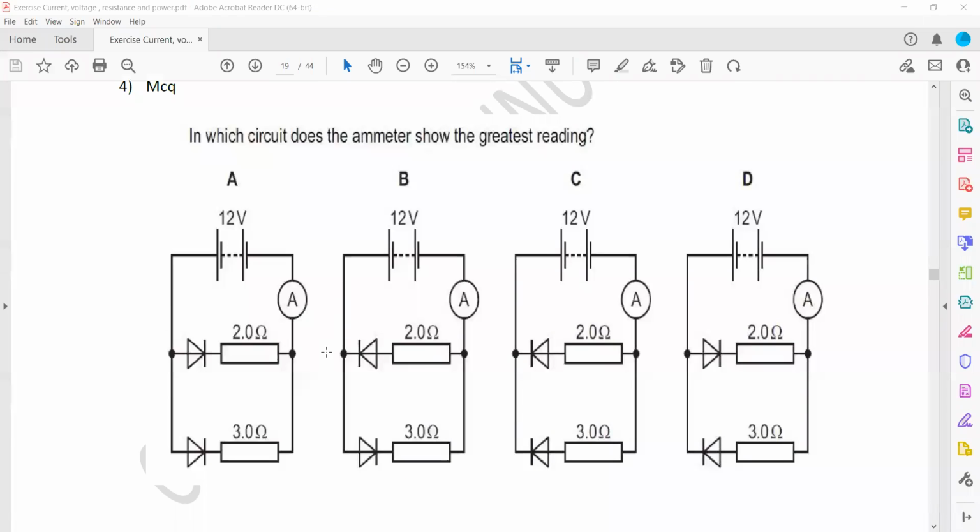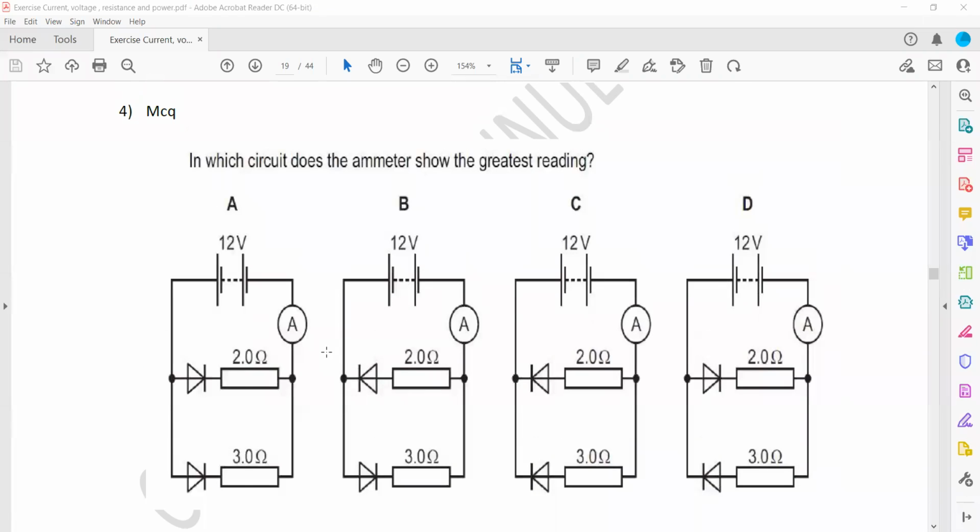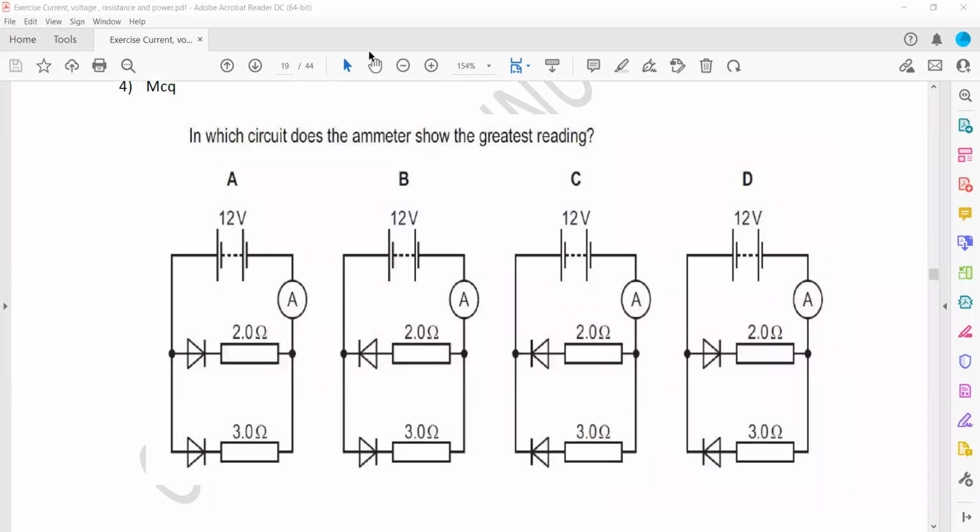In question 4, in which circuit does the ammeter show the greatest reading? This circuit has a diode as well. So what will happen? Remember, when the current is passing from the side of the triangle, the diode will allow that current to pass. But if the current is passing from the opposite direction,